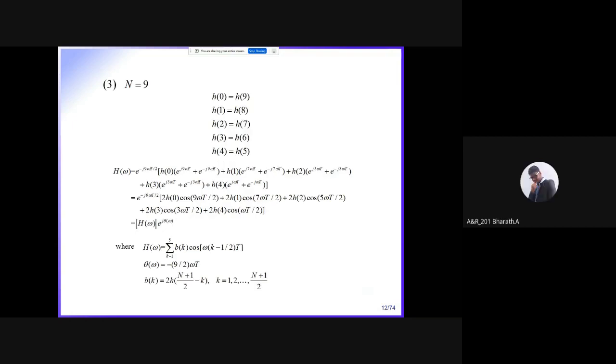Okay, sir. I'm trying to equate. What is my h of omega is nothing but a k into cos k omega t. Theta omega means how much? Minus 5 omega t, isn't it? So what is your alpha now? 5 omega, simple, no? 5t in fact. Already theta omega equal to minus alpha omega, no? So alpha equal to 5t.